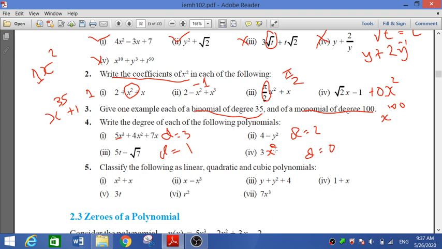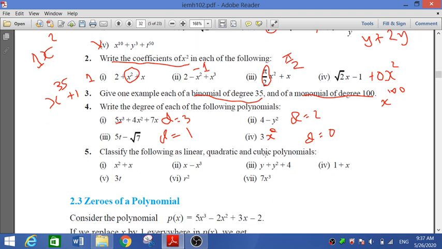So it is also easy. Now last question, that is, classify the following as linear, quadratic and cubic polynomial. Students, if you do not have your textbook, then I am doing it here. Take a rough book and write all the exercise 2.1 question answers thoroughly when my lecture is going on. When my lecture starts, what you have to do? You have to write all the sums with me.